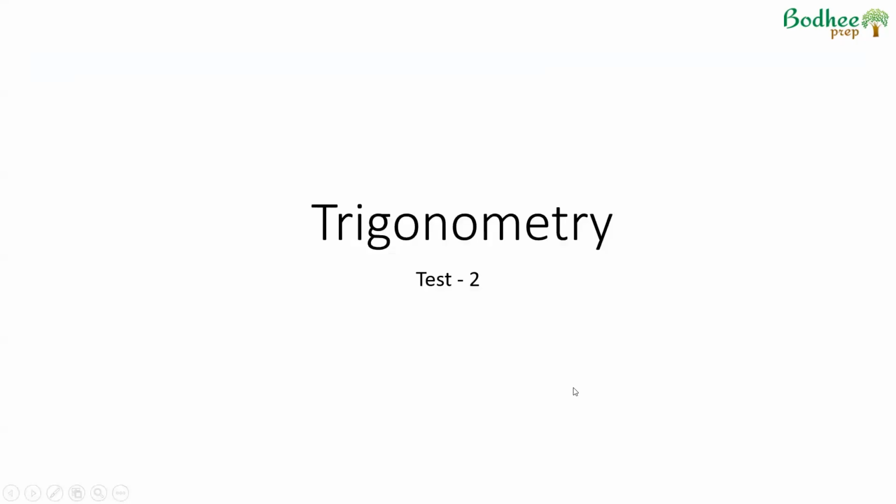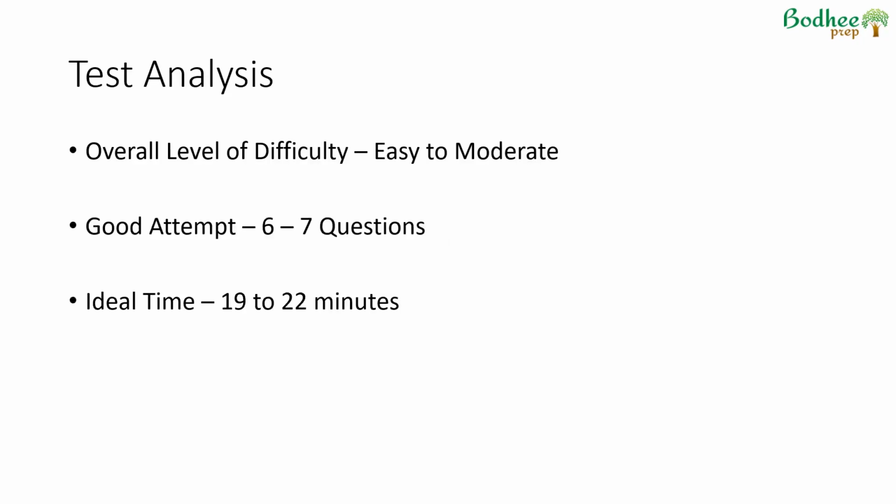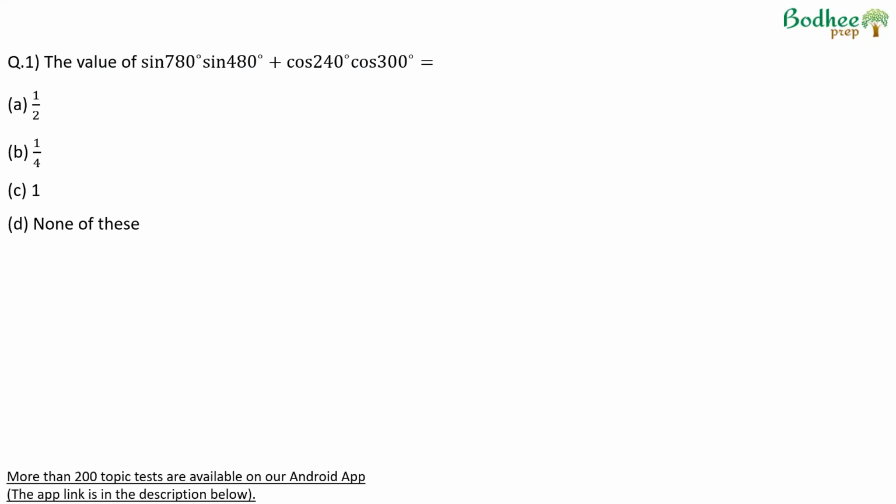This video is on trigonometry, the second test on the app. Overall, again, easy to medium level of difficulty for the test. Looking at about 6 to 7 questions in about 20 to 22 minutes is what would be a decent attempt, a 95 plus percentile. If you look at the questions, question number 1 says